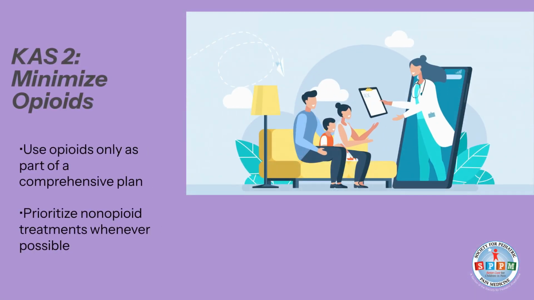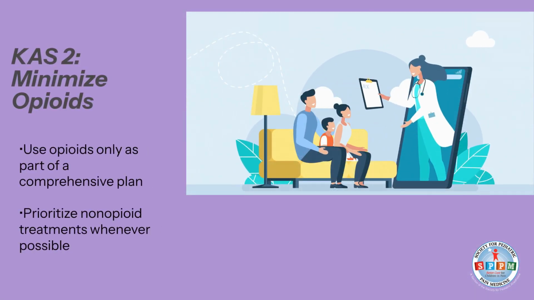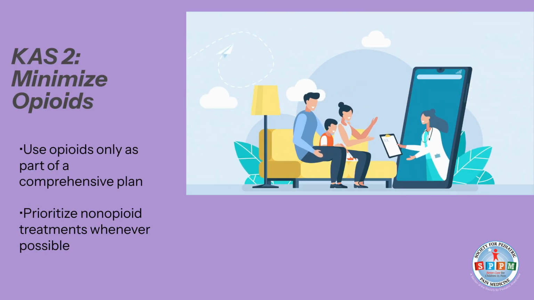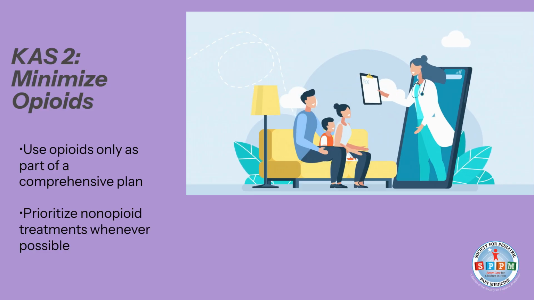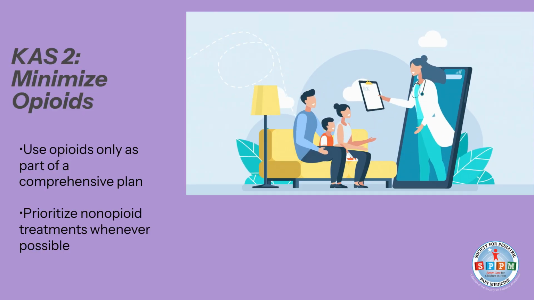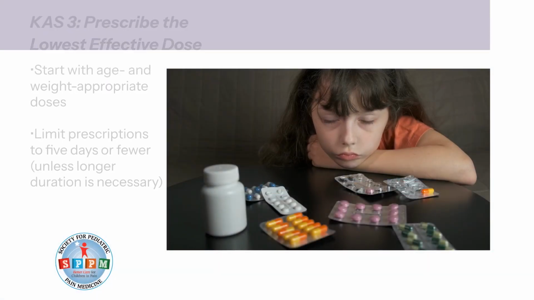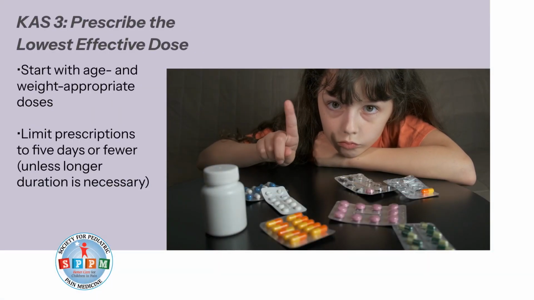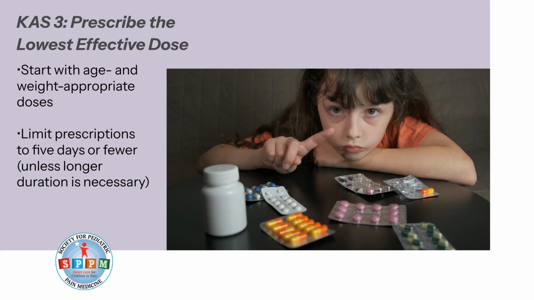Minimizing opioid prescribing is critical to reducing community opioid use, the risk of adverse side effects, and the potential for conversion to chronic use. When opioids are prescribed as part of a multimodal approach, they can be used at lower doses, which helps decrease side effects and improve safety. The use of other medications in combination with opioids may further reduce opioid-related risks. When opioids are prescribed, they should be given in the smallest effective dose for the shortest possible time.